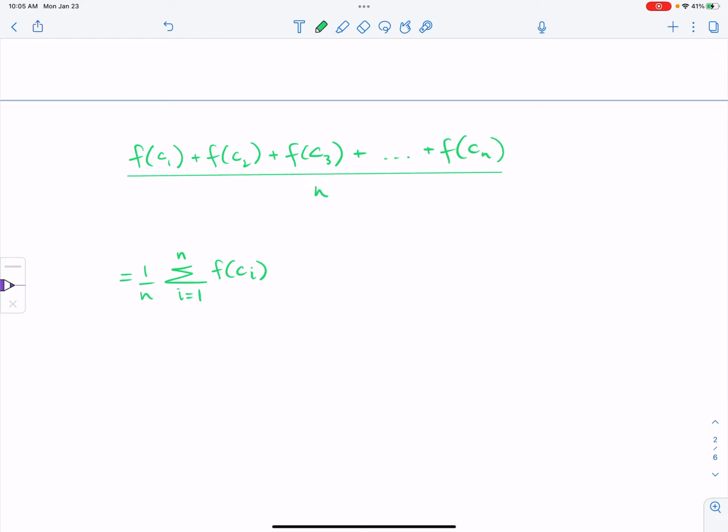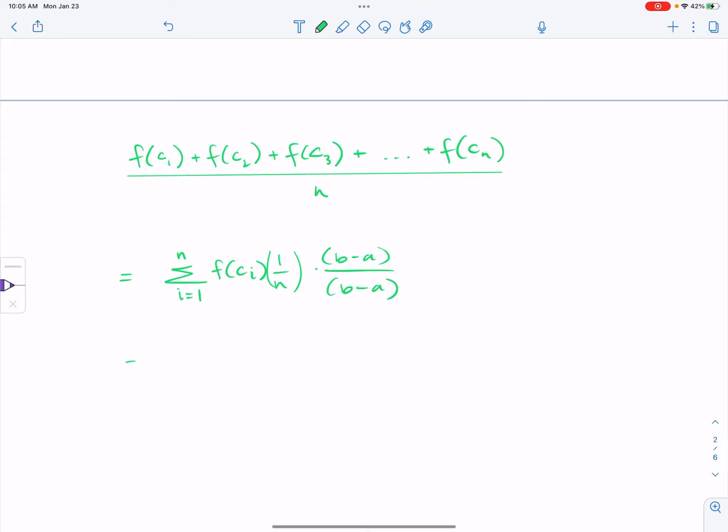And then we could leave the 1 over n next to f of c sub i, or leave it where it is. Now, if we thought about multiplying by a version of 1, because we're not exactly to our definition of a definite integral yet, so if this were times 1 over n, now if we thought about multiplying by b minus a over b minus a,